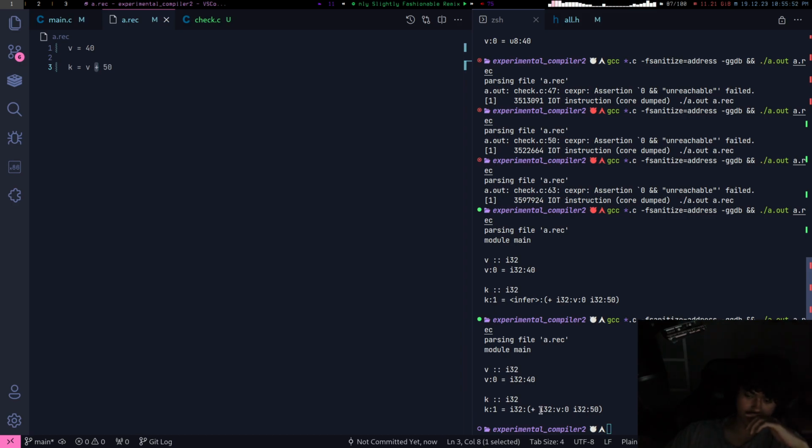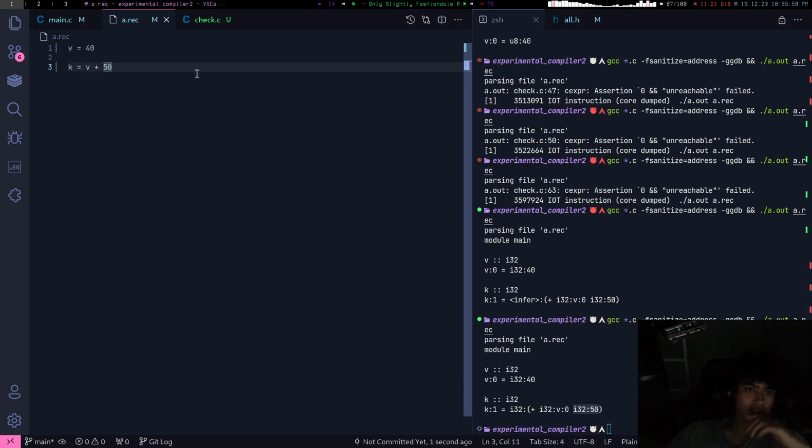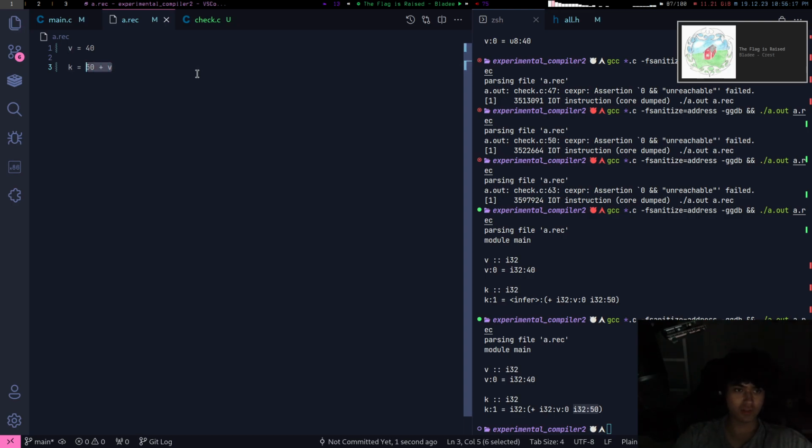So the left-hand side is an I32 v here, and the right-hand side is I32 50, and that makes sense. However, when you'll get to things like this, v equals v plus 50, you'd probably want to take the type of v and put it here. But that's for another day.